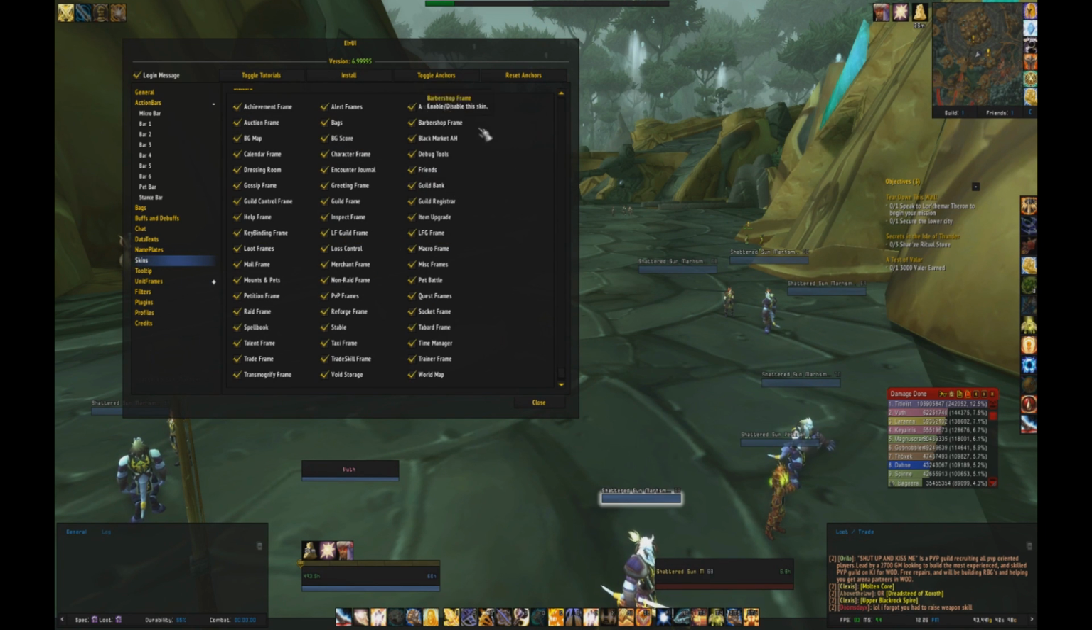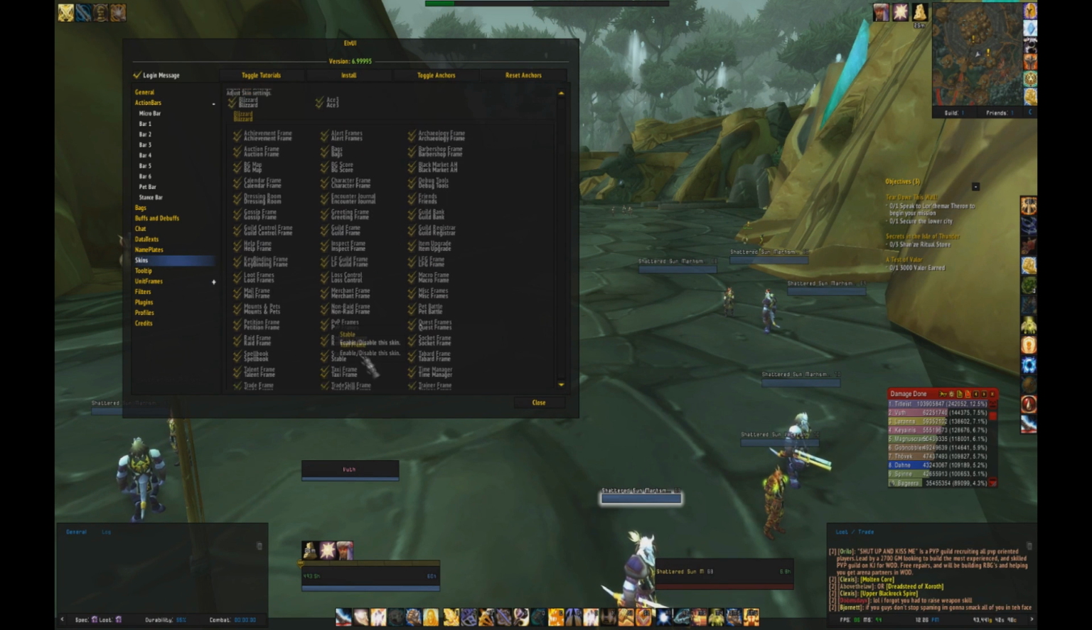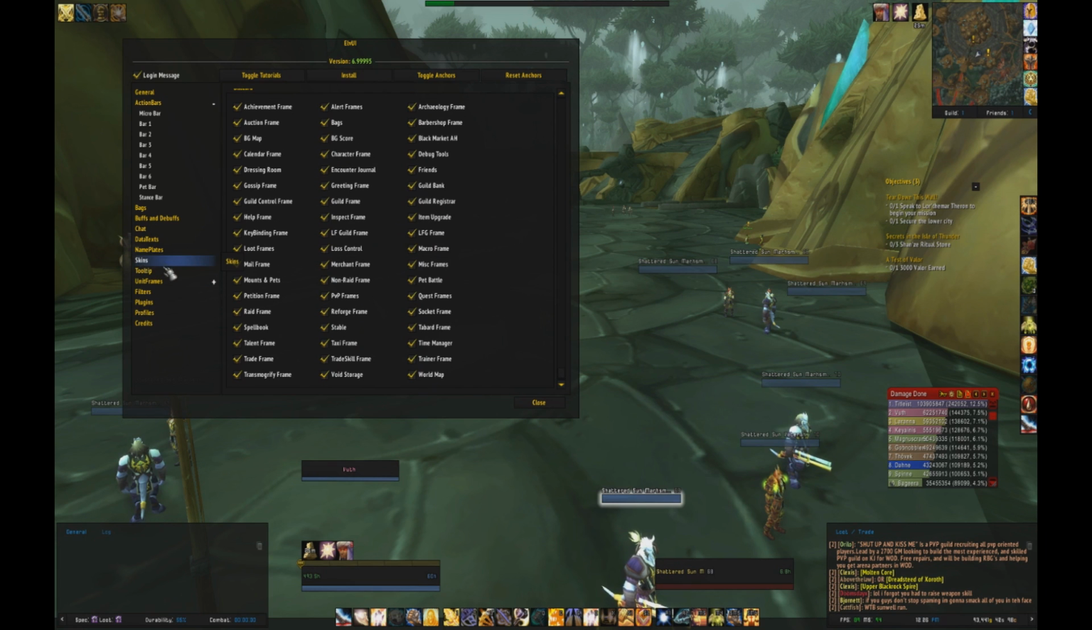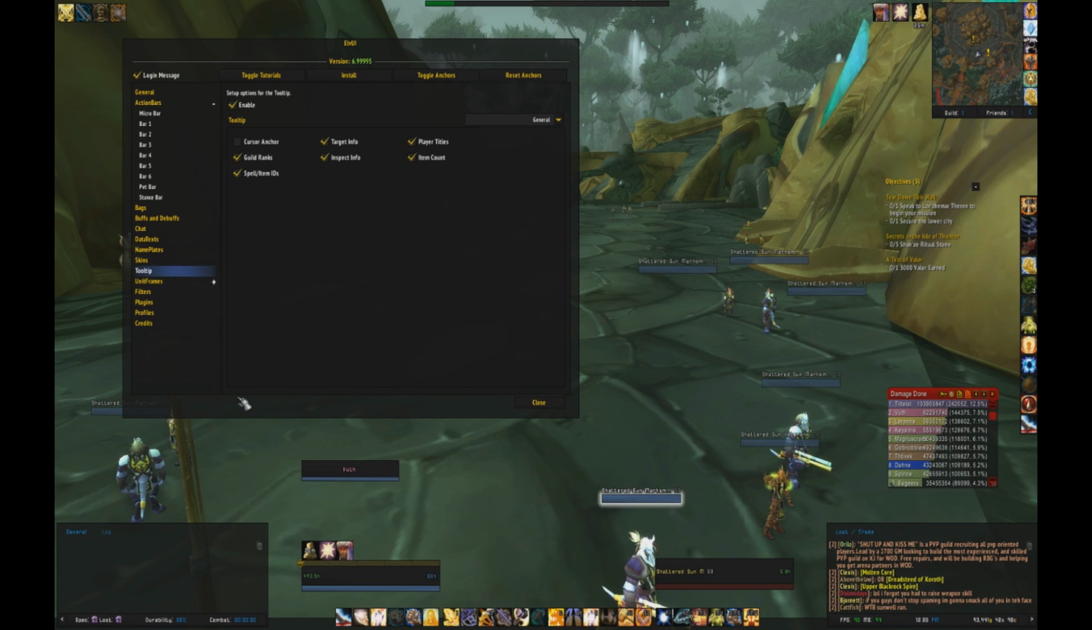So not quite sure. Actually, it looks like these are all general stuff. Doesn't look like they're add-on specific, just looks like they're all Blizzard. So we're gonna go ahead and move on. We don't really want to disable any of that. You like your skins, so